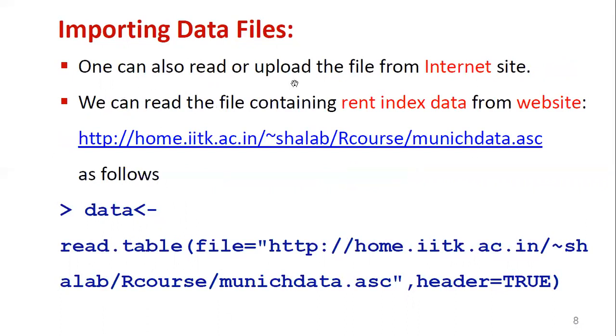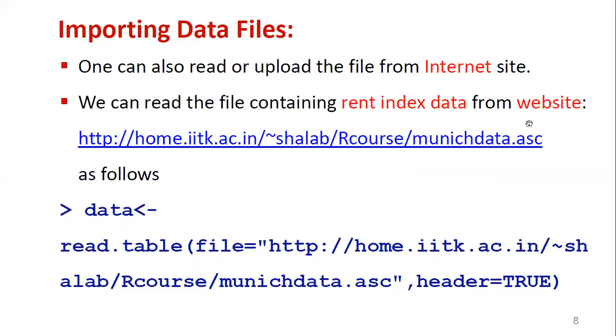One can also read or upload a file from an internet site. We can read the file containing rent index data from the website, from the IIT Kharagpur website under the name of the R course.